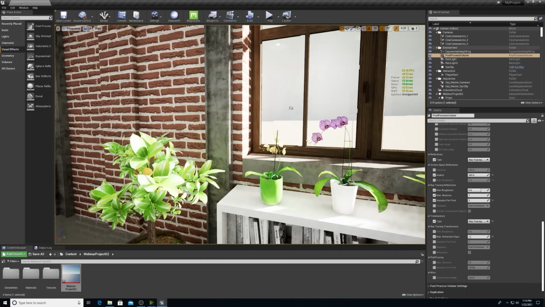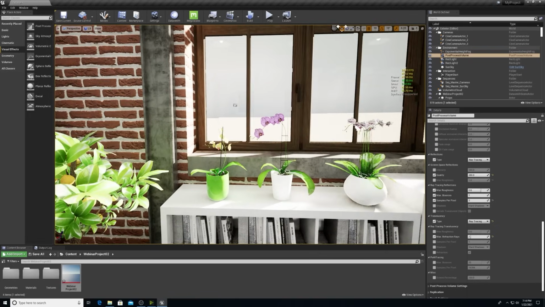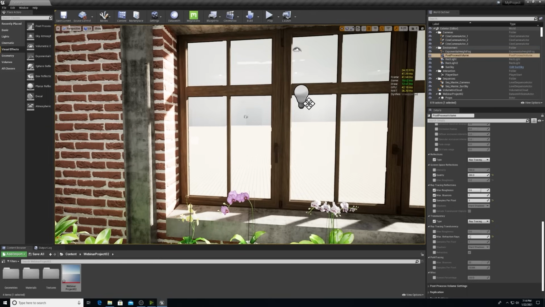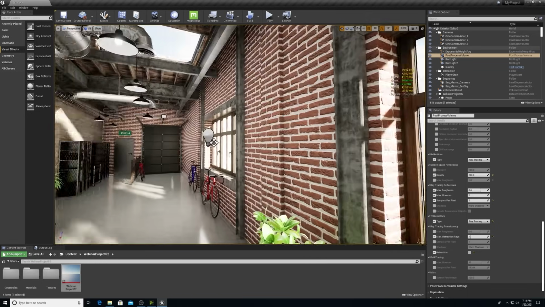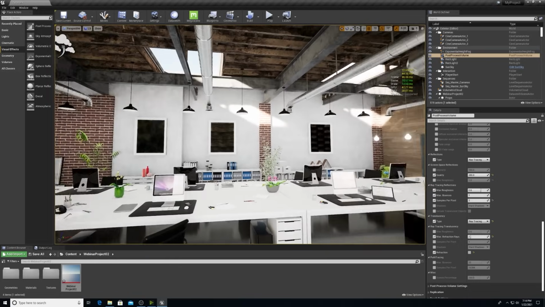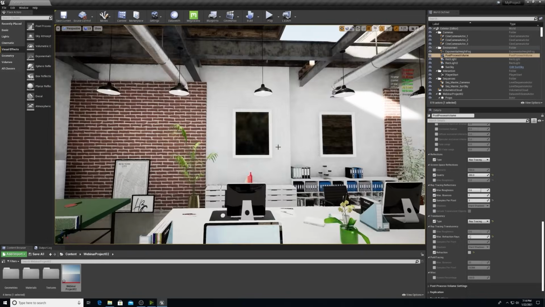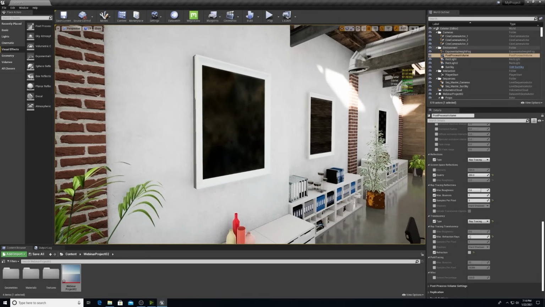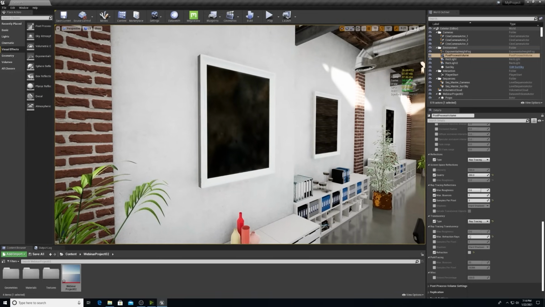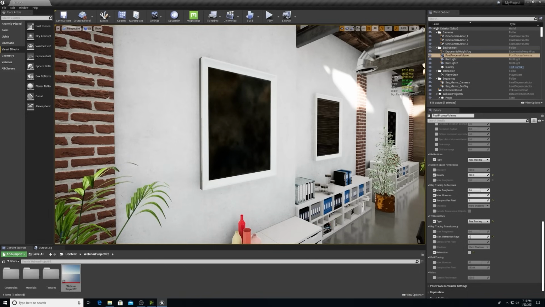I do want to note that with the max refraction rays, we are getting an undesirable effect here. So for this project, since the glass is not as important, I can turn on this refraction boolean and then turn this off here. So it becomes a little bit clearer there, but it makes it seem as though these back glass panels are now black. This is a situation in which I have 2 of those glass panels. So no problem. Luckily, I can make these changes in Unreal without going back to that original model.